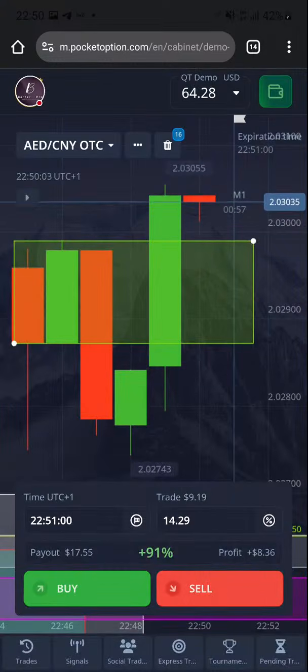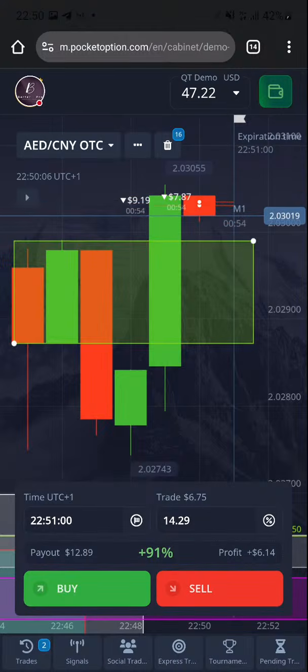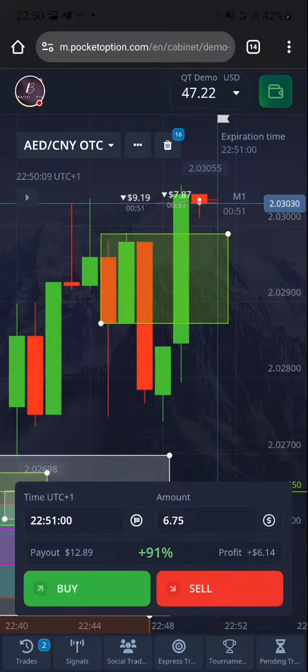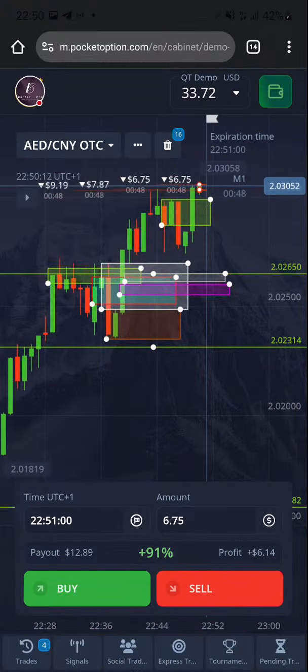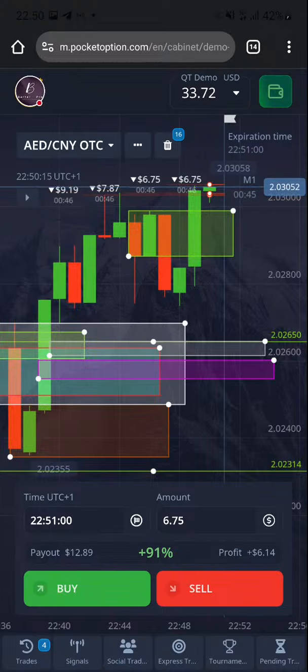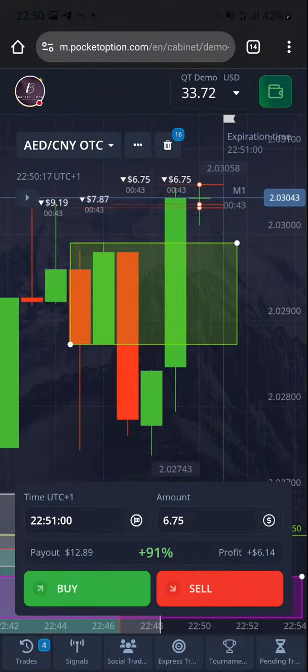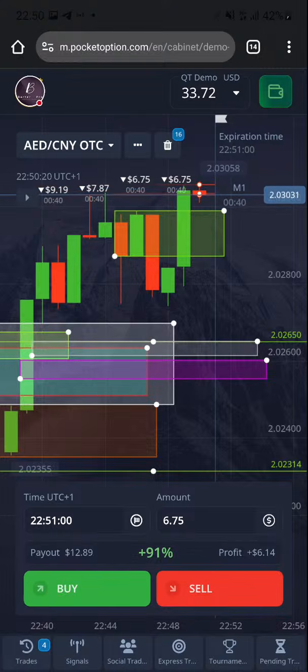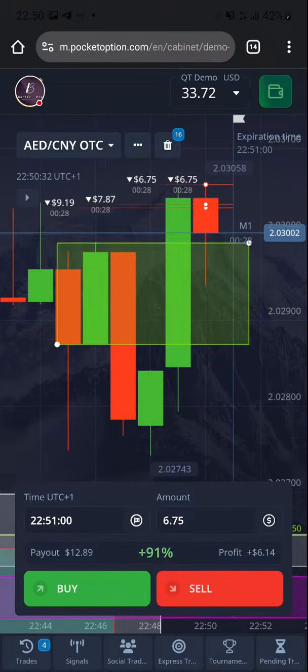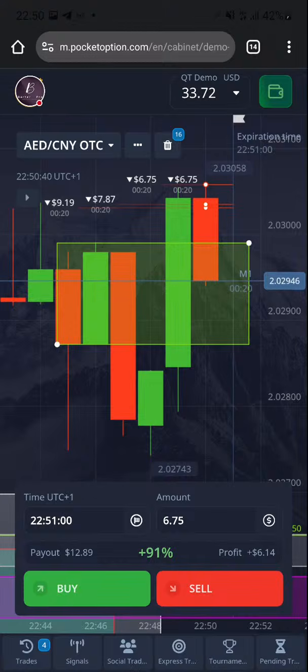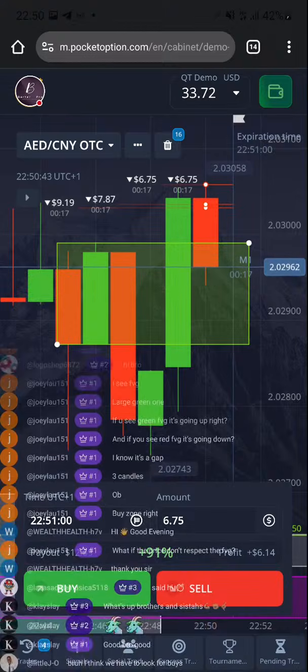You understand? Now we can go with the sellers, because we just broke a supply area. I'm expecting a pullback. And if we don't get the pullback, fine, it's understandable. But this is a Morningstar pattern, and we're coming in with a red green pattern before. So I have a feeling that we may have another red candle come in. But let's just see how it goes, because sometimes I told you that when you break a supply area, it becomes a demand. This is another SBD right now. The buyers here may treat this place as a demand and push the price up.